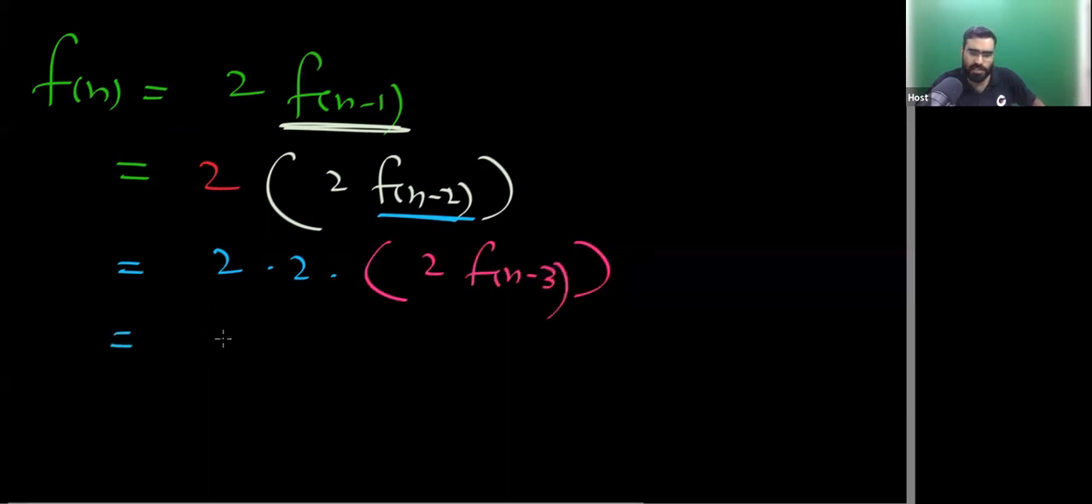And so on. If I do like this, then what will I get? Ultimately, I will get F1. And when I'm getting Fn minus 3, how many 2s am I getting? Tell me. I'm getting a total of 3 2s. Yes or no? And ultimately, when I get F0,